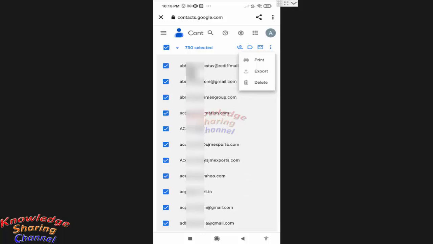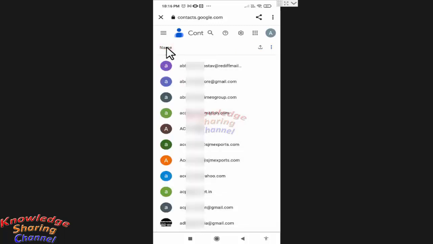In my case I don't want to delete all my email addresses. Like you can see it has selected 750 emails. So I will only delete one email ID, this one. For that I will unselect all selected emails and select this email and press on these three dots